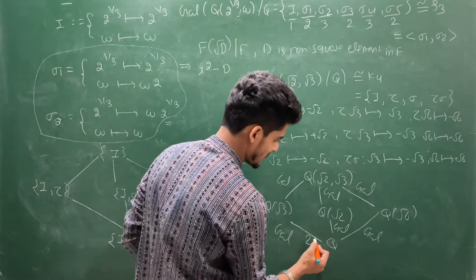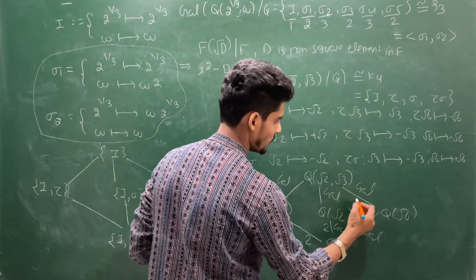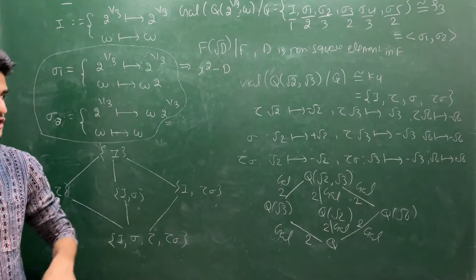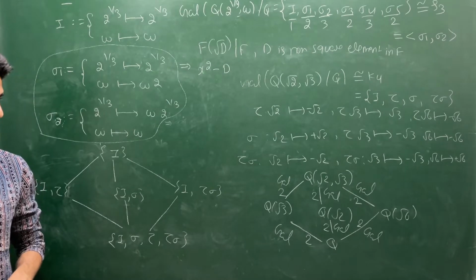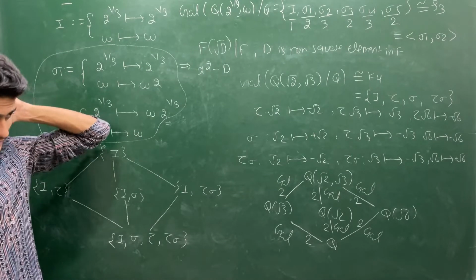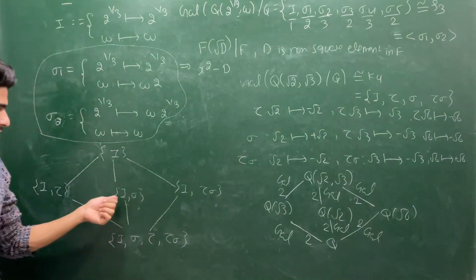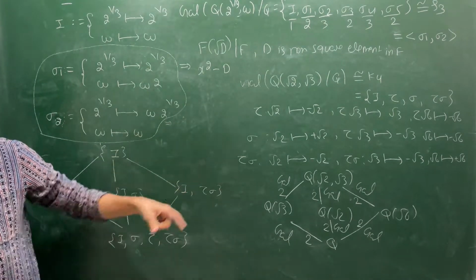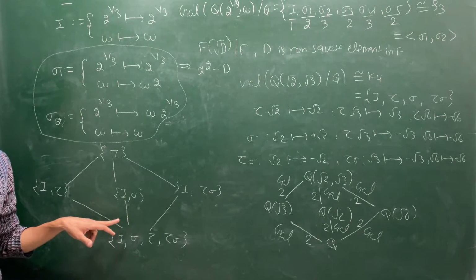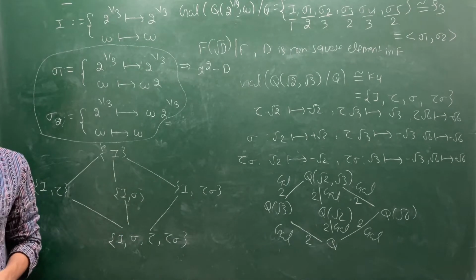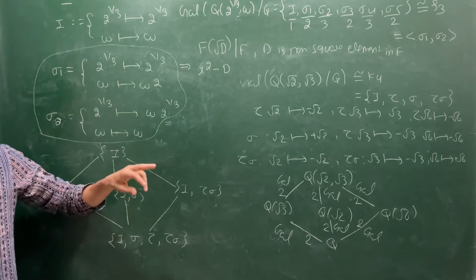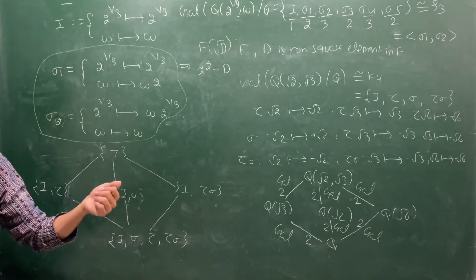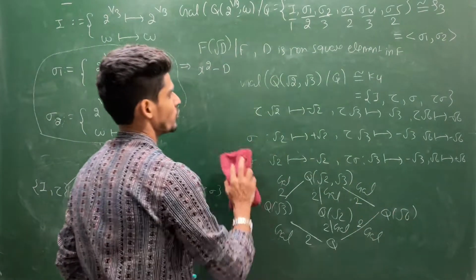This is a degree 2 extension, this is a degree 2 extension, this is degree 2. From here to here, this is degree 2, this is degree 2. So here you see every extension is a Galois extension. So this is a nice property. Whenever you have a subgroup which is normal, and you take the corresponding subfield, then from that subfield to the original field you will have a Galois extension. But if you lose the normal property, if your subgroup is not normal, you cannot say that the original field is a Galois extension over that subfield. That is not always true. We will see soon. So you note down this thing.